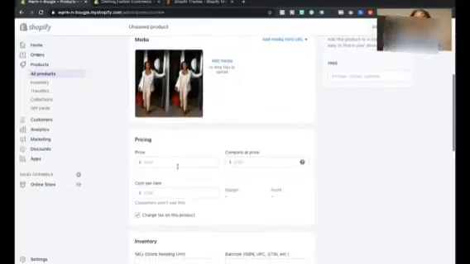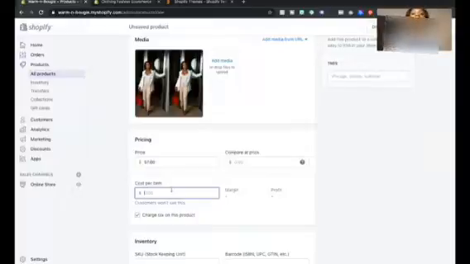So as you scroll down, you set your price. I am going to sell my puffer jacket based on my pricing and profit formula. I'm going to set my puffer jacket to $57 for purchase, okay? And then the cost per item section, which Shopify recently added this year, which I am so thankful for,